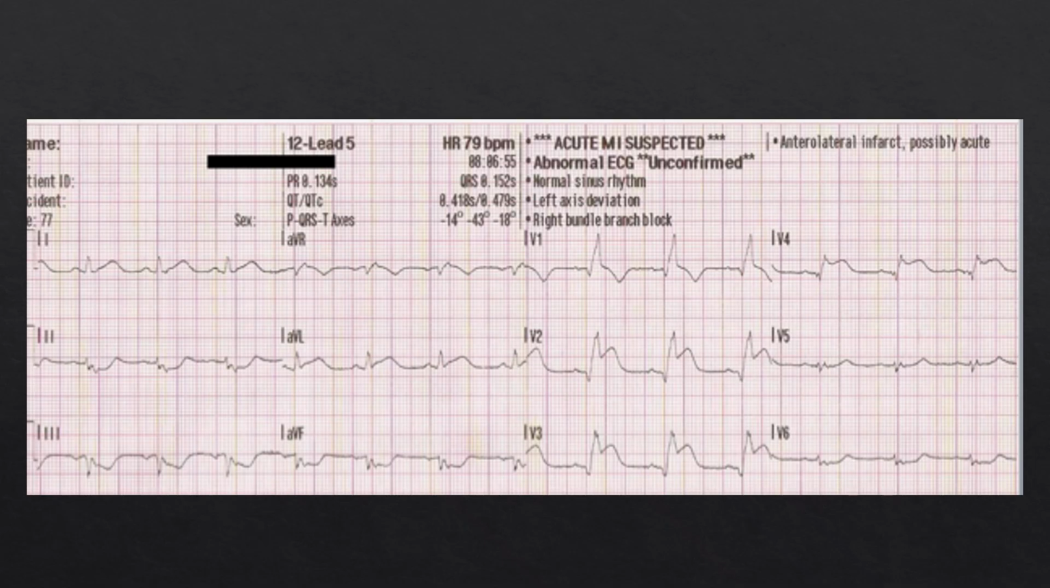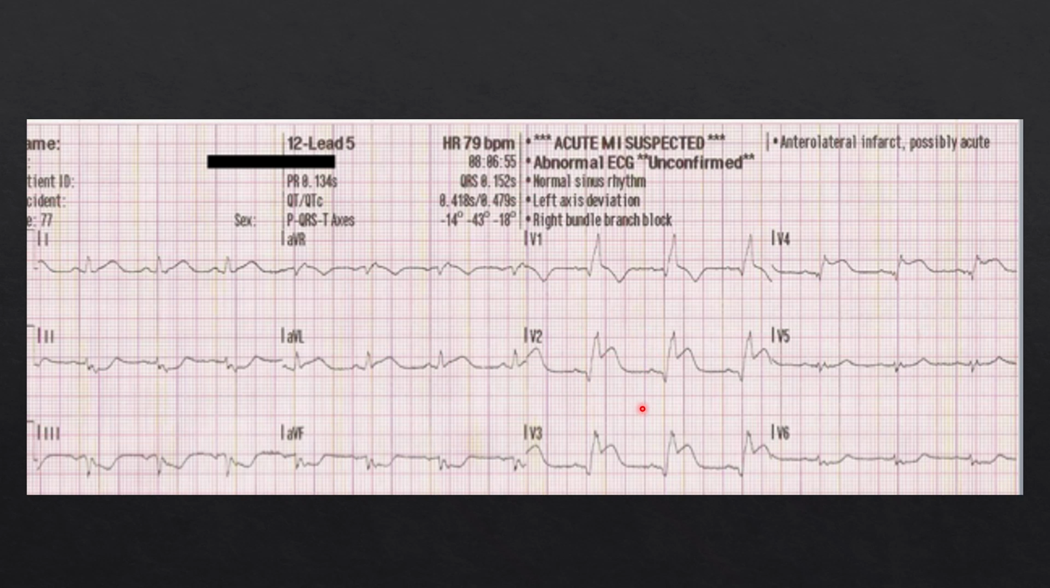So here we have a right bundle branch block pattern. Your QRSs are upright in all of the precordials, essentially, which is typical presentation for a right bundle. If we look, we have an upright QRS, downward T wave, but my ST segment is elevated. Even more obvious here. In fact, your T waves have become concordant instead of discordant like we might expect. This is called